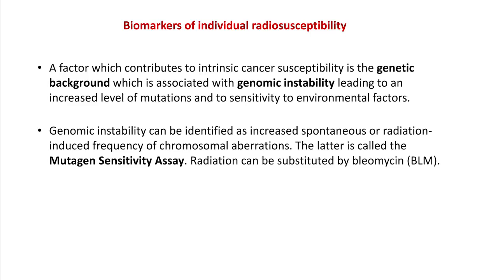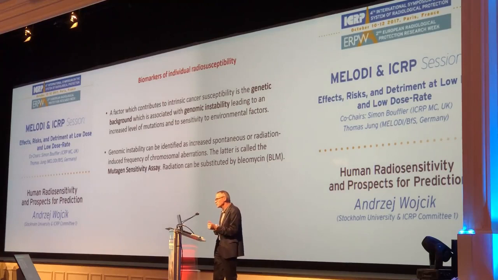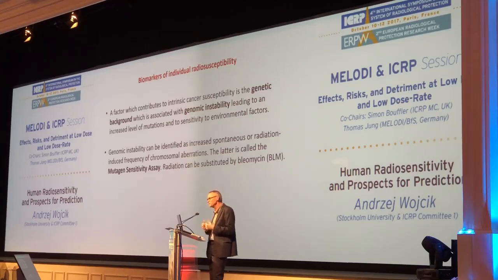Let's have a look at radiosusceptibility. Again, I think most of us assume that your genetic background is a strong factor that influences your radiosusceptibility. If that is the case, I can take blood from you and irradiate this blood under in vitro conditions, and I can rank it with respect to the level of radiation-induced chromosomal aberrations that I see. Then some of you will have high levels of chromosomal aberrations, although the lymphocytes were all exposed to the same dose. And then I will say, okay, you are at a high risk of developing cancer. I mean, if there is a correlation between in vitro sensitivity of your lymphocytes and your cancer susceptibility, then it should work. And it should work provided that this